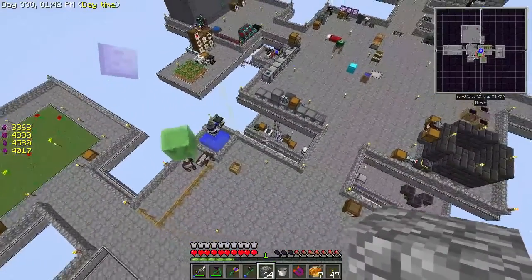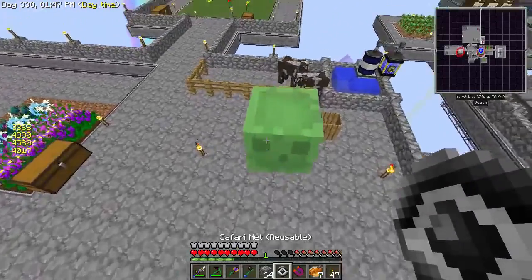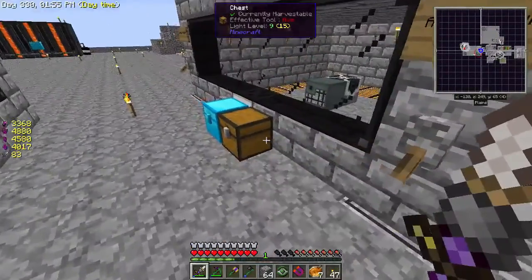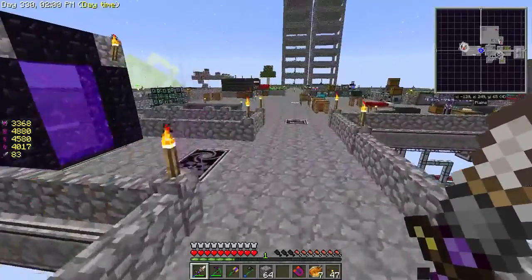Okay, no. Don't go anywhere. You're a big slime. That's good. So now we have slime. We can farm slime, and I can get the slime essence. No problem. So the next one we're going to go after is